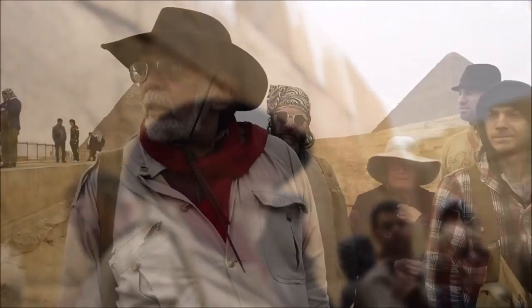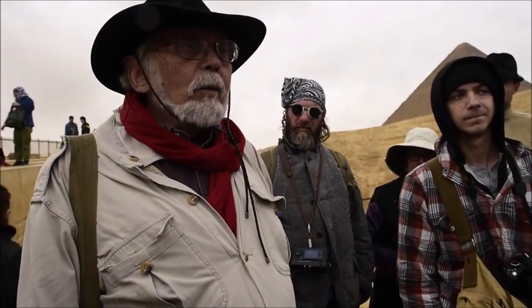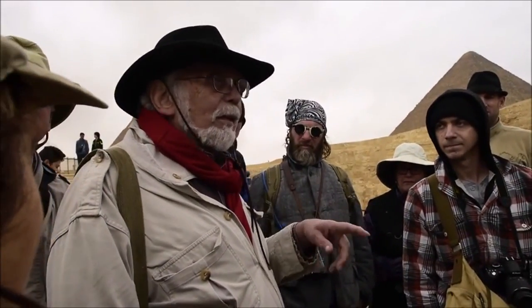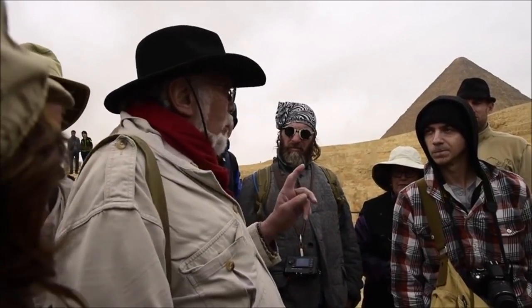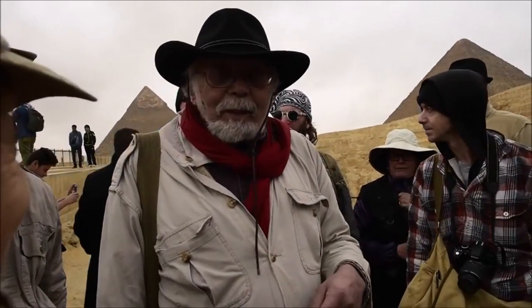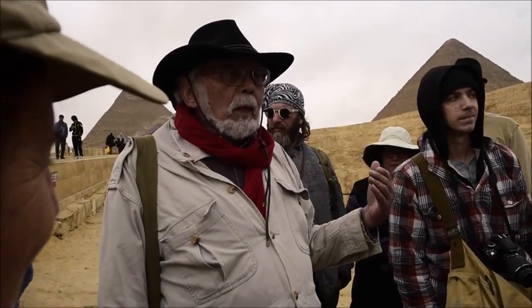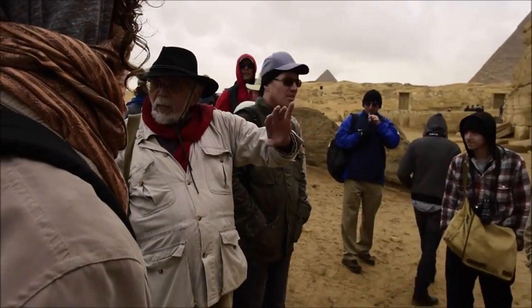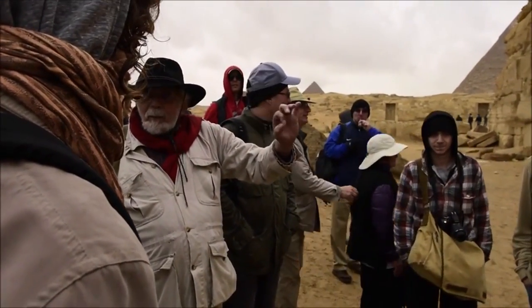So let us go down. One more thing I wanted to do: go just around the corner of the Sphinx and address some of the things that John was talking about, construction techniques, and you see how the blocks have been married to the